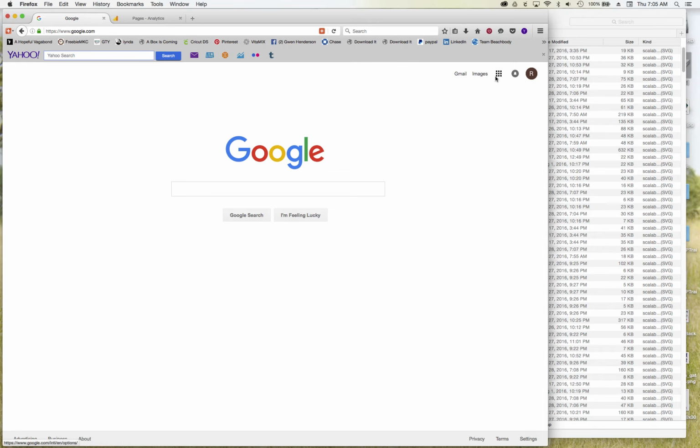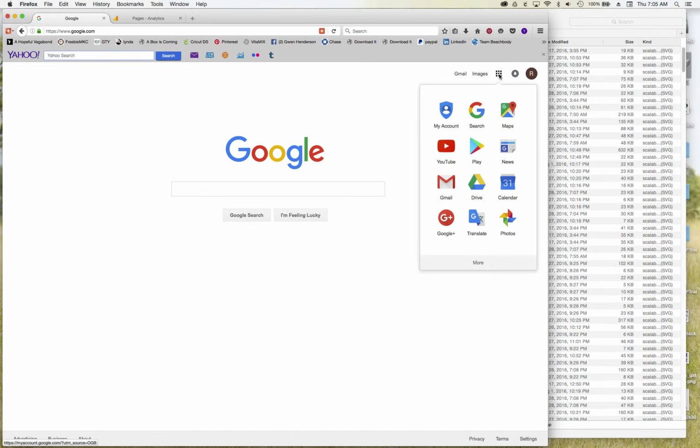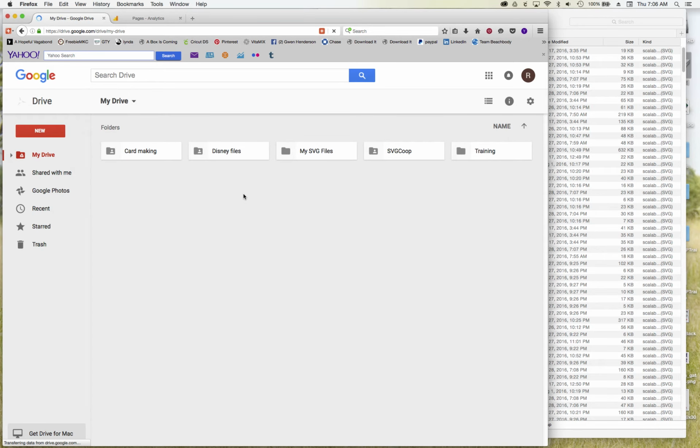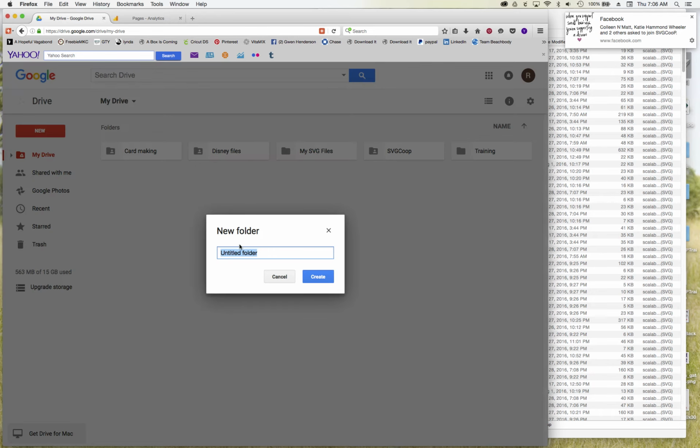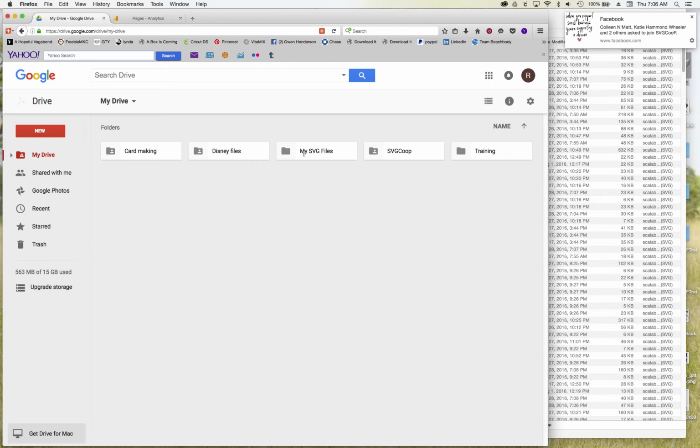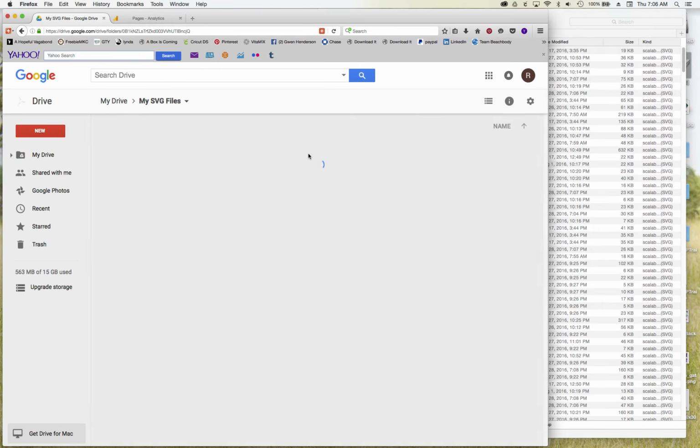Once you're signed in, you're going to see these 9 blocks, and when you click on that, there's a drive here. So I'm just going to click on drive, and when I go to my drive, you will probably not have any folders here yet, but you can go to New and then Add Folder, and it will allow you to add whatever folder you want. Like if I do this, you can add the title, whatever you want to call it, and hit Create. So I created this folder called My SVG Files, and I'm going to double click on that,